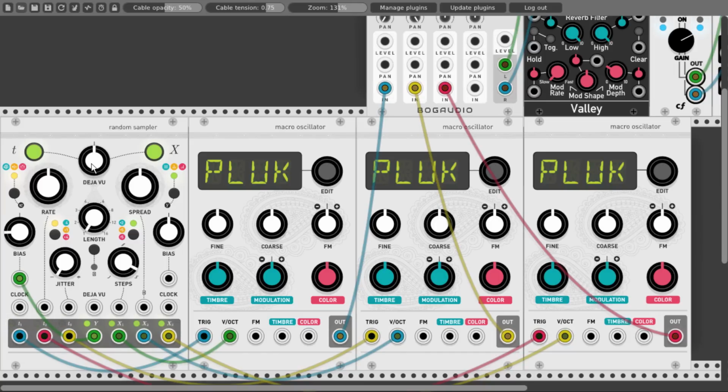But let's try to turn the knob a bit to the left and let some new information in. Maybe a bit less.